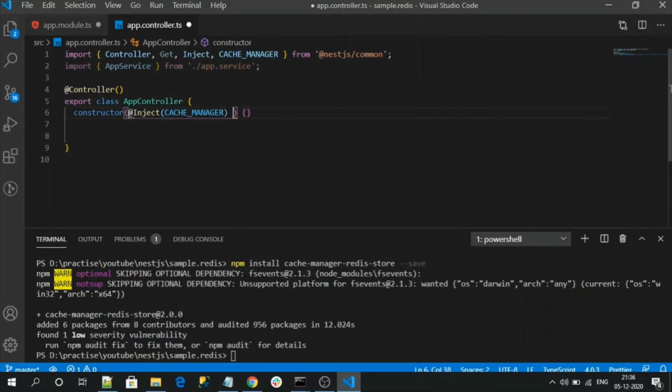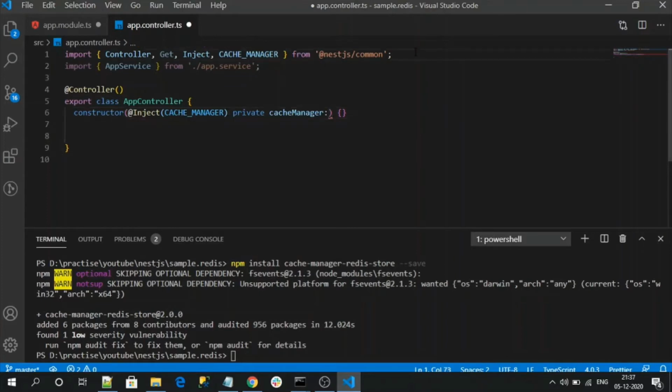The injected constructor we are going to access with a variable called cache manager, and we are going to typecast it as Cache so that we get all the predefined methods that can be utilized for cache communication.